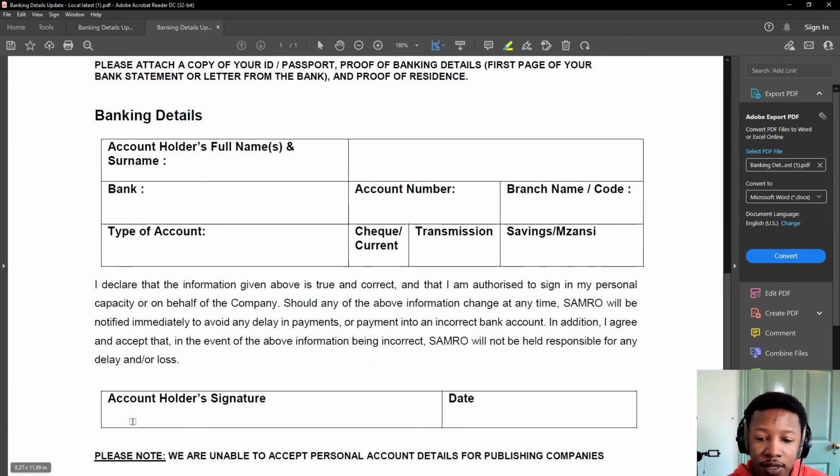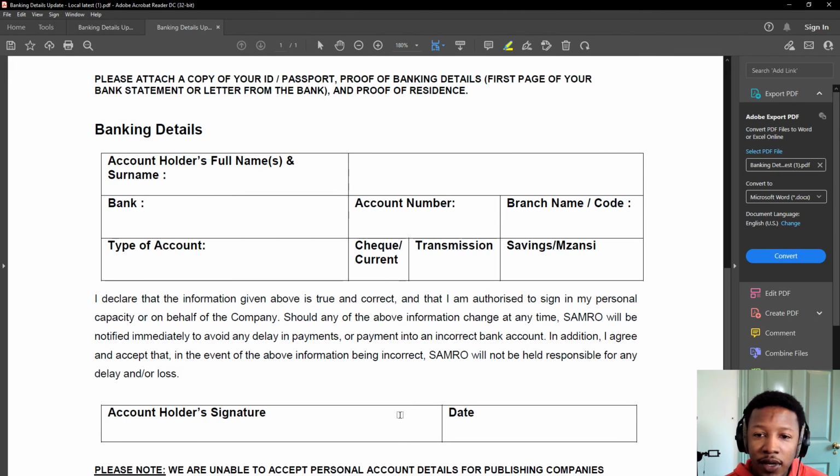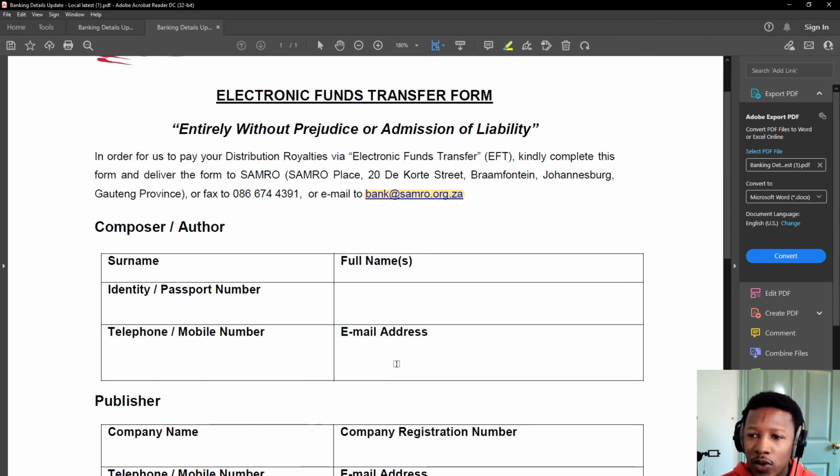And then right at the bottom, it's the account holder's signature. So you just sign, and then on the right-hand side is the date, which is the date you fill this form in. So the form itself is fairly simple. I didn't feel the need to actually fill it in, but make sure that right at the end, you email it to